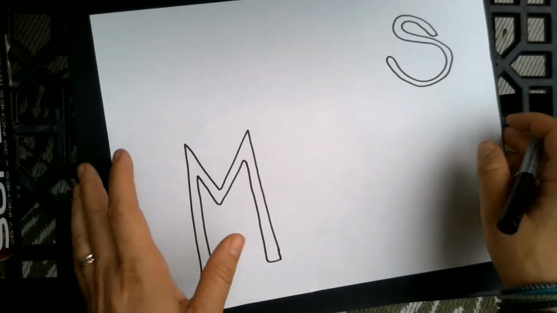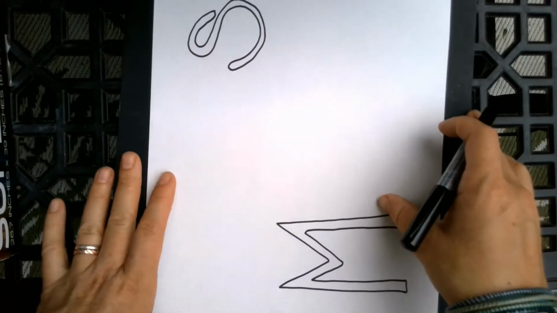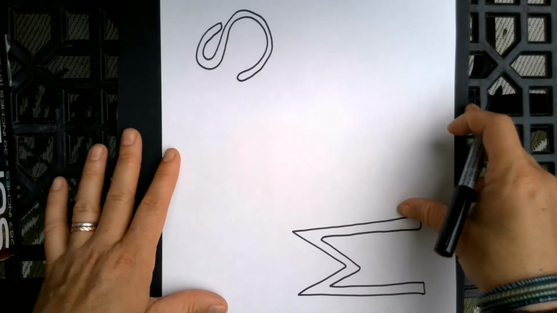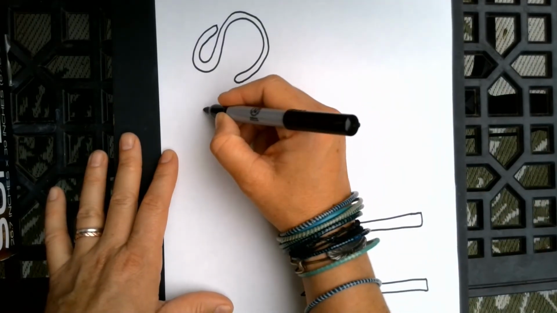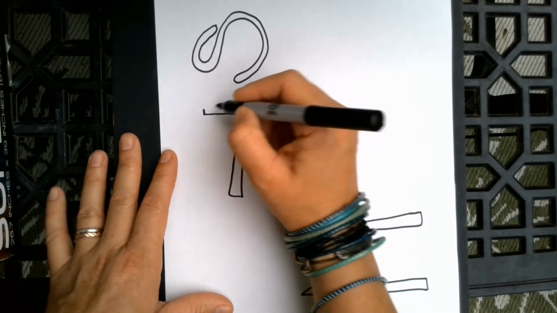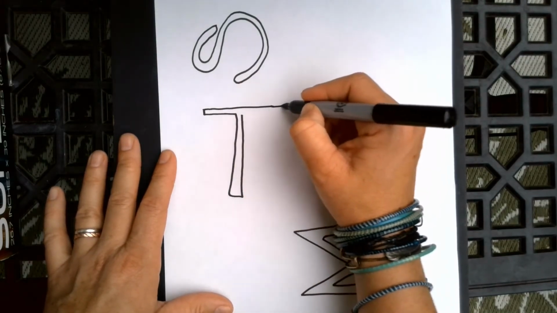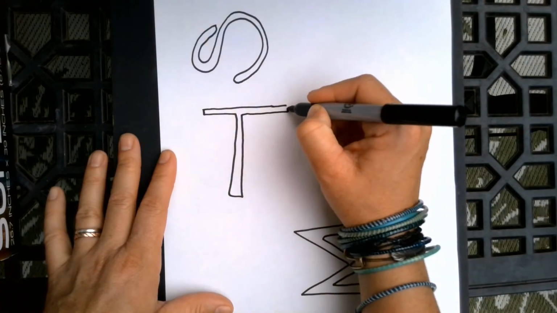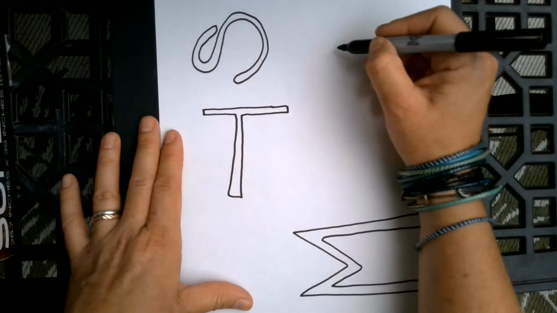I might go ahead and turn it already. You can do as many as you want to before you turn it. You could do one and then just keep on going. Remember, this is abstract art,